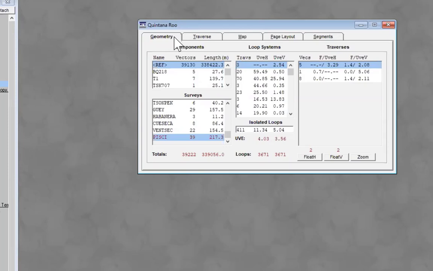One of the great strengths of WALLS is the tools available to track down survey errors. WALLS uses a least squares method of loop adjustment, which is a statistical analysis of the data where all of the survey data are compared to each other,